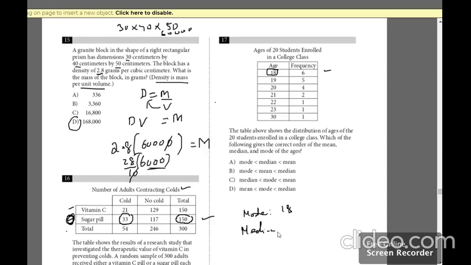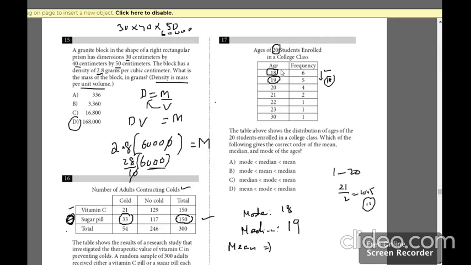In order to find the median, we know it is the ages of 20 students, so the count is even. For even, you have two middle values. So from 1 to 20, you take the average, that is 21 over 2, which is 10.5, which is going to be roughly 11. So check from where you get 11, either ascending or descending. 6 plus 5 gives you 11. The closest number to 10.5 is 19, whether you go from top or from bottom. So the median is 19.